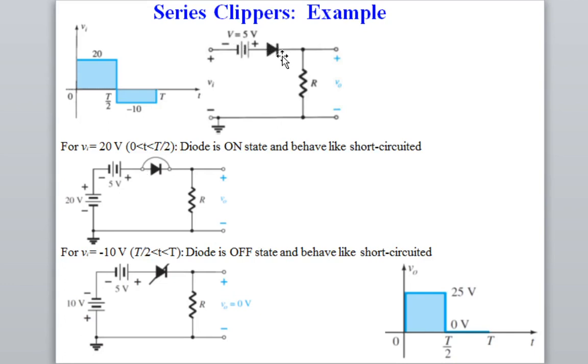Okay, now if we analyze, so for Vi input voltage 20 volt, that is for 0 to T half cycle, diode is in on state. If on state, we can find out the output voltage. The output voltage will be equal to this voltage plus this voltage. So that is 20 volt plus 5 volt, that is 25 volt. Because here I have shown the circuit, the diode is behaving like a short circuit. Here I have shorted the circuit. So plus minus plus minus plus, that is plus 20 plus 5, that is 25. Output voltage equal to 25.